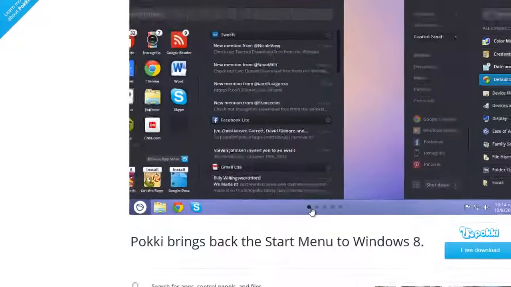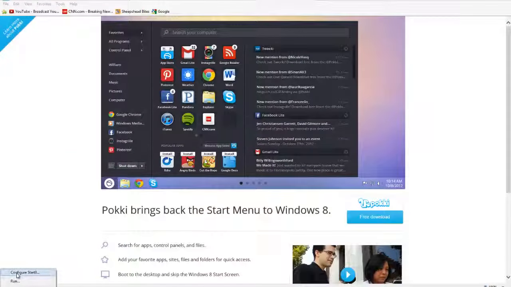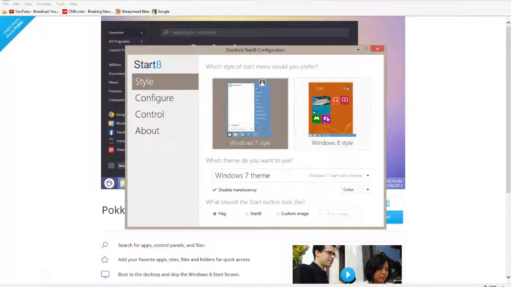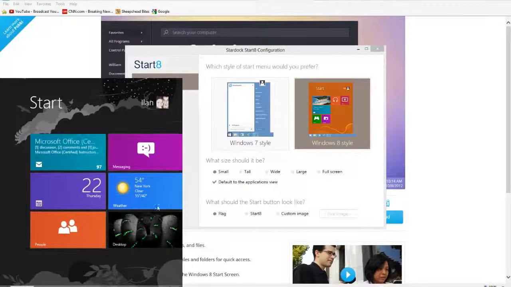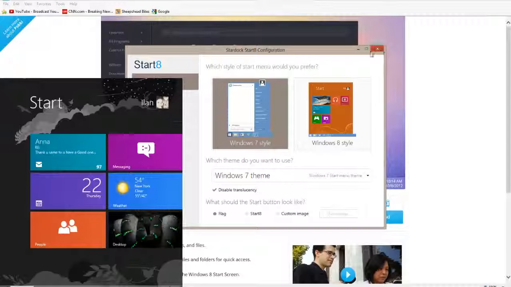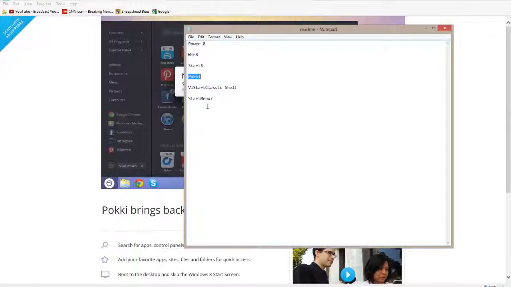But Start 8 does the same thing. I mean, if you look at my Start menu now, if I right click this and configure Start 8, I could say show it to me in Windows 8 style. And when I press Start, here's my Windows 8 style apps. The start menu, and I really don't like this. This is really just jumbled up and I'm not used to it. So I'm just going to go to the Windows 7 style, and you'll see I get my very old-fashioned start menu back. Out there also there is